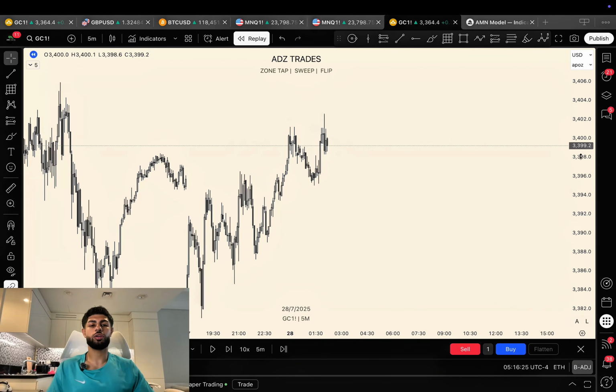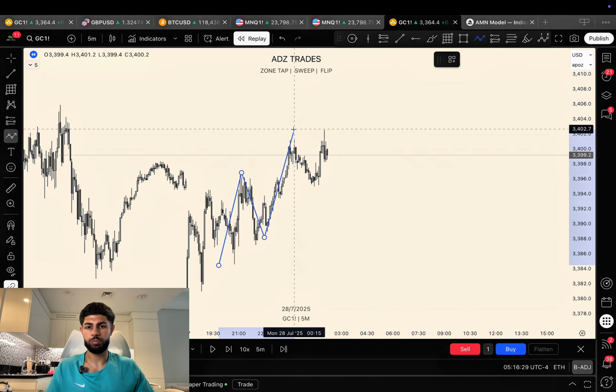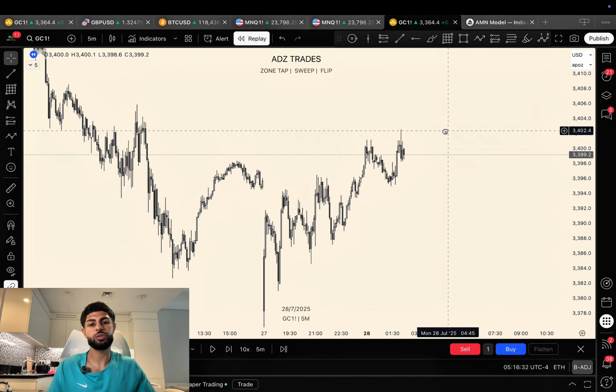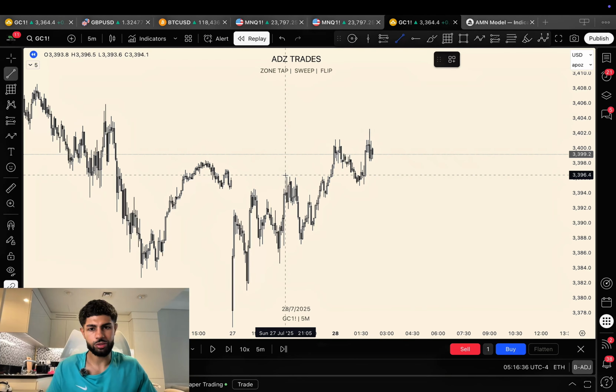So let's look at our current structure. We can see that we are clearly bullish, putting in higher highs and higher lows. So let's look at breaks of structure to the upside. It's the same on every time frame. We have a high, we closed above, giving us a low down here. What does that mean? That means we can draw a zone from here to here. Nice. Now, do we have another break of structure here? Let's check. No, we didn't candle close above this, so this isn't a break of structure. No break of structure, no zone.